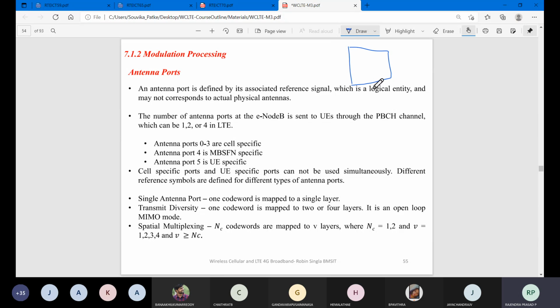Okay. So if I am having one code word which is 0 or 1, how many select lines do you require? So for transmitting, if 0 is selected, this will be selected. So for 0, I am going to use the top one, and for 1, I am going to use this value. Right. So this is your code word and this is your layer structure which is going to be used.